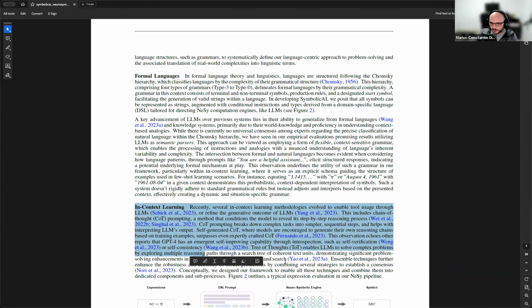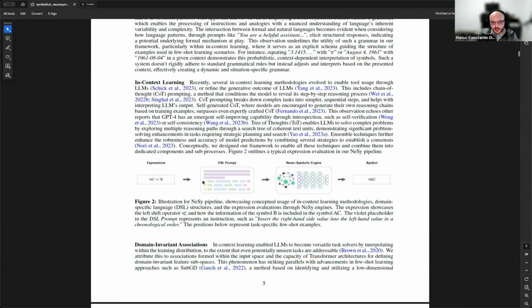in context learning. Maybe to cut directly to the image: why do we use formal languages? Because if you would just ask in textual form, like, is A and B equal? And then you just keep on asking and so on, you would never get a structured answer back from an LLM. That's the trait and the problem of it.